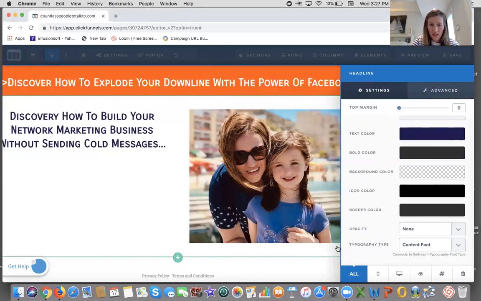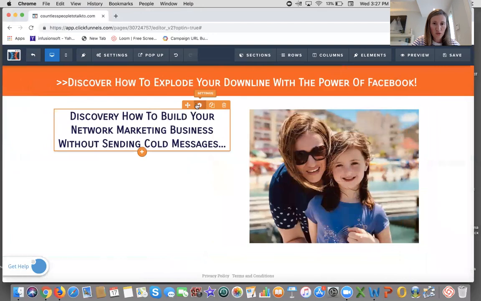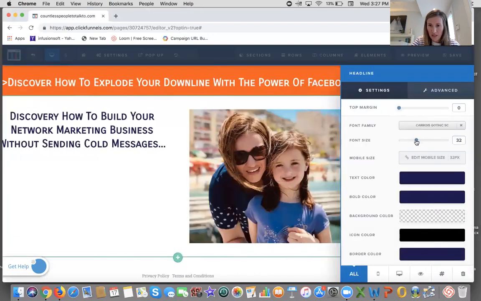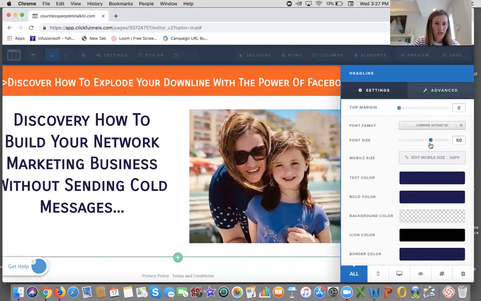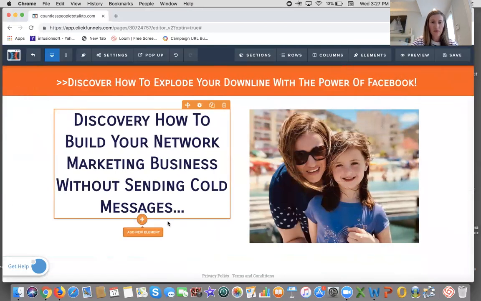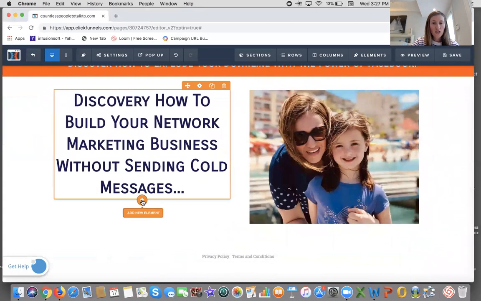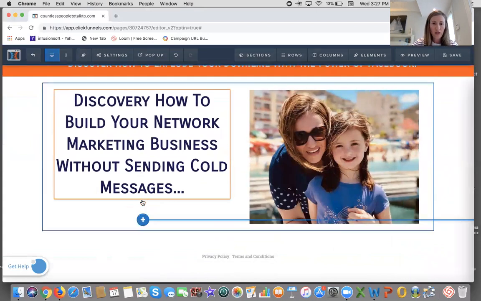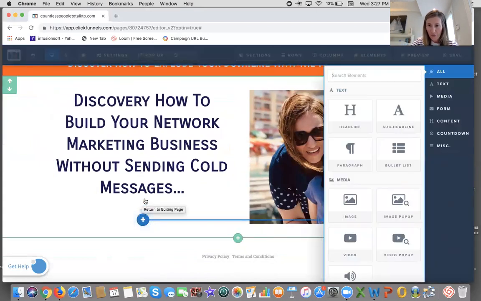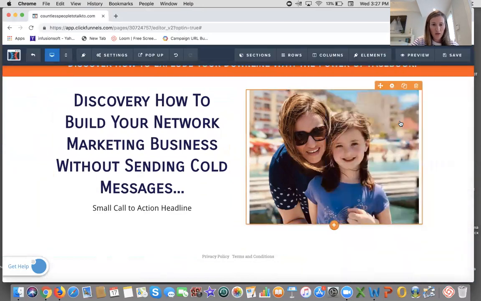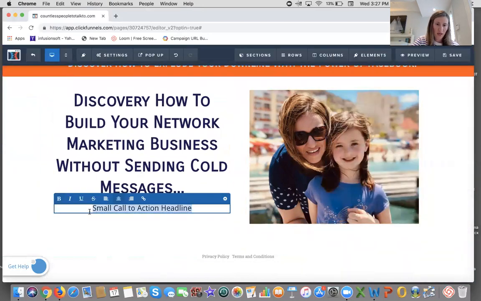And then there's all these other options in here. What I'm going to do is increase my font here. So if I go like this, that increases my font. And then normally I would have some kind of subheadline here. So when I want to add a new element, all I do is click on the plus sign and then I go subheadline. And then maybe say something like, are you a busy mom